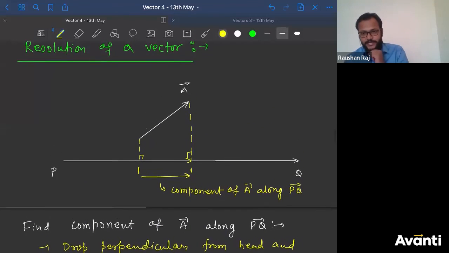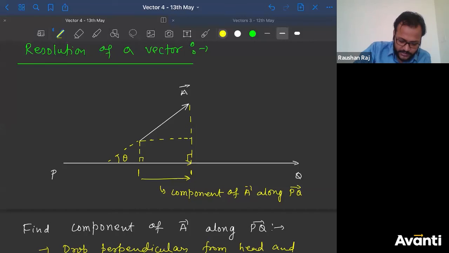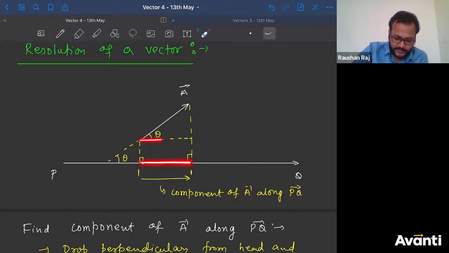अच्छा, अभी value कैसे निकालें सर, ये तो समझ में आया कि what is the component and all. Now if I give you one more data, that the angle made by vector A with PQ is theta. क्या बोला मैंने, if the angle made by vector A with PQ is theta. So if I extend this, and if this angle is given as theta, if I draw a line parallel to PQ, can I say this angle will also be theta? Right? बहुत बढ़िया. If this is the projection, this is the component, can I say this length and this length are the same? Correct hai? So they are the same length.